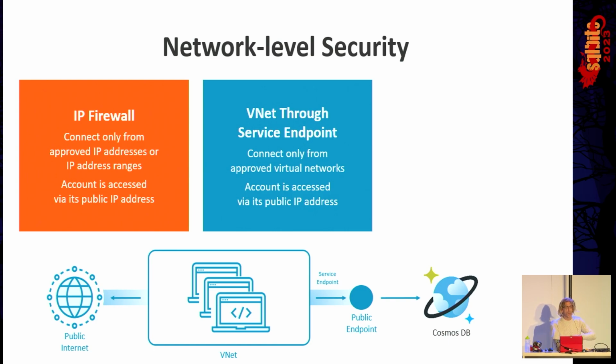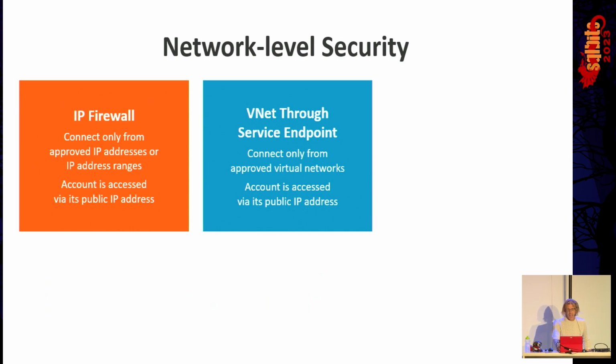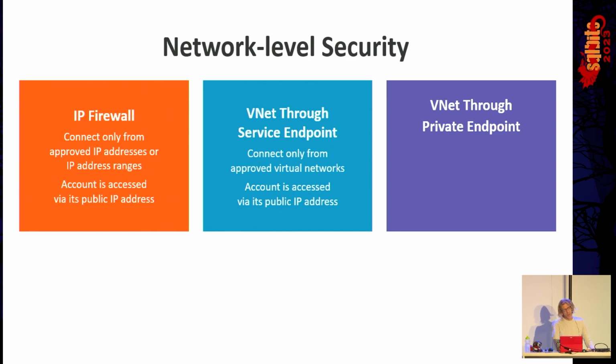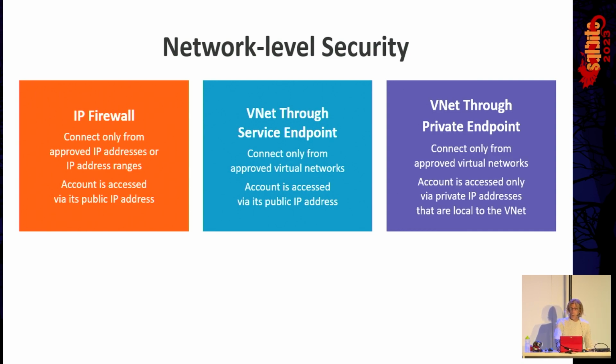And if you have an authorized user that has gone rogue and decides to access that data and pull it out, and you want to protect against that, you go with the third option. And this is a VNet through a private endpoint. Now, private endpoints, as I'm sure many of you may know, are not unique to Cosmos DB. The marketing term is Private Link. And it's the same concept for a number of Azure services where, again, you can only connect from approved VNets,